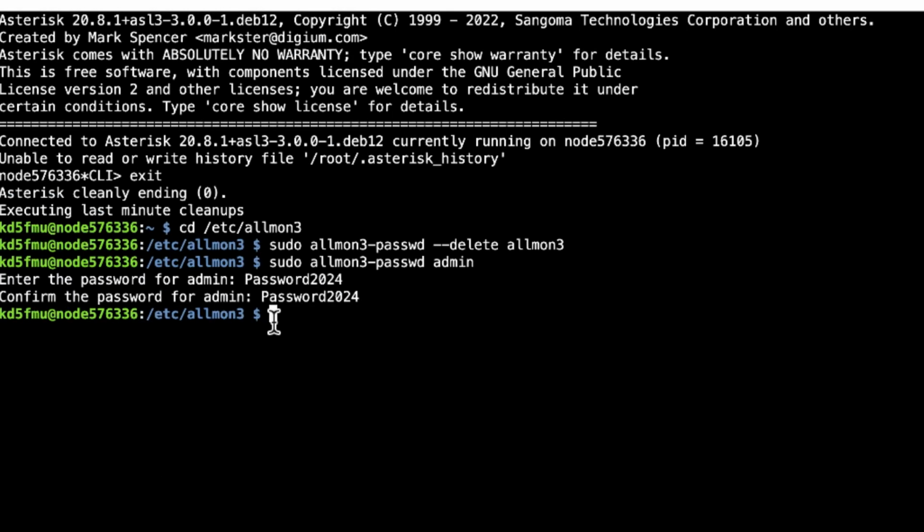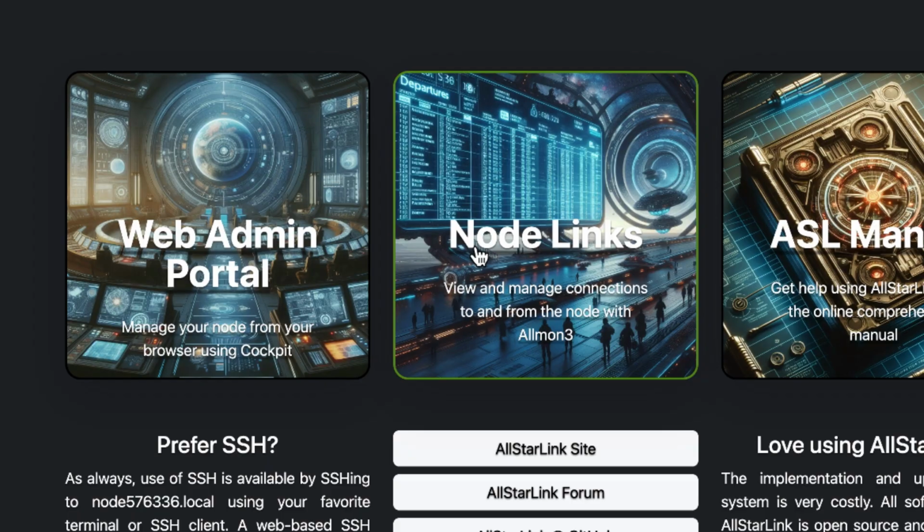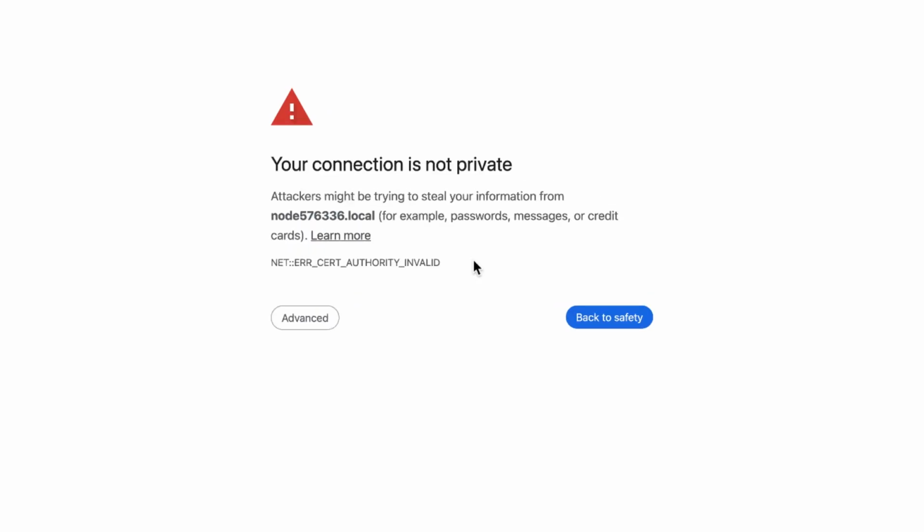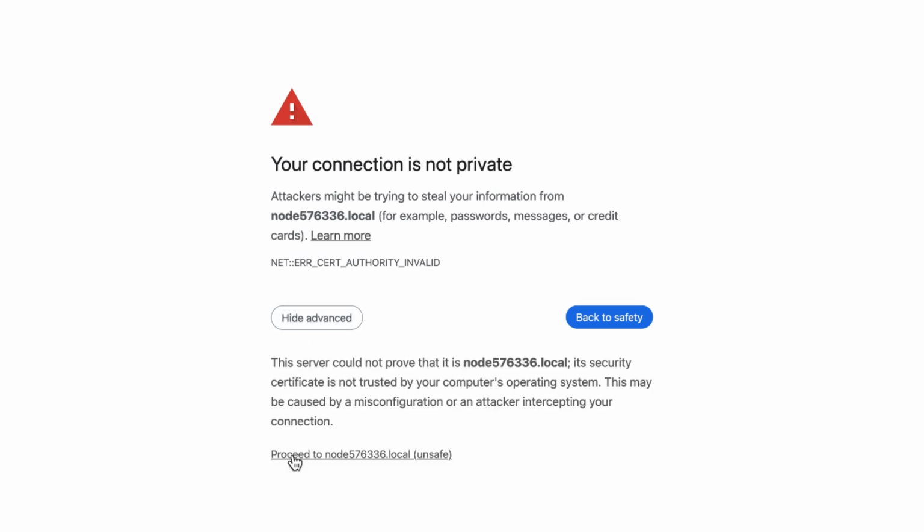Copy this command, paste it in, and hit enter. And now we should be ready to log in to allmon 3. So let's go back to our landing page here, hit node links, and it says, hey, your connection's not private. We don't know what's going on about all this. Well, never fear. This is all coming from your local node, so the computer doesn't know that, but you know that. So hit advanced, proceed to the node,